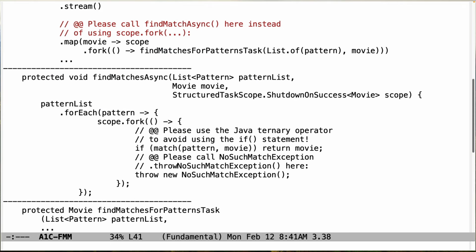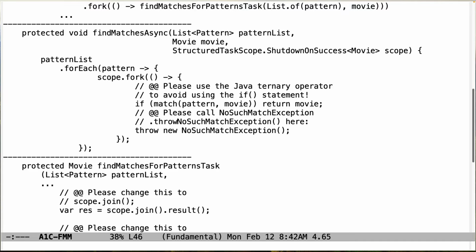And down here, just for kicks, try to use the Java ternary operator instead of using the if-else statement. That'll clean your code up a bit more. And this can be cleaned up too, although I think that depends whether you have that implementation the way it's done there. Down here,